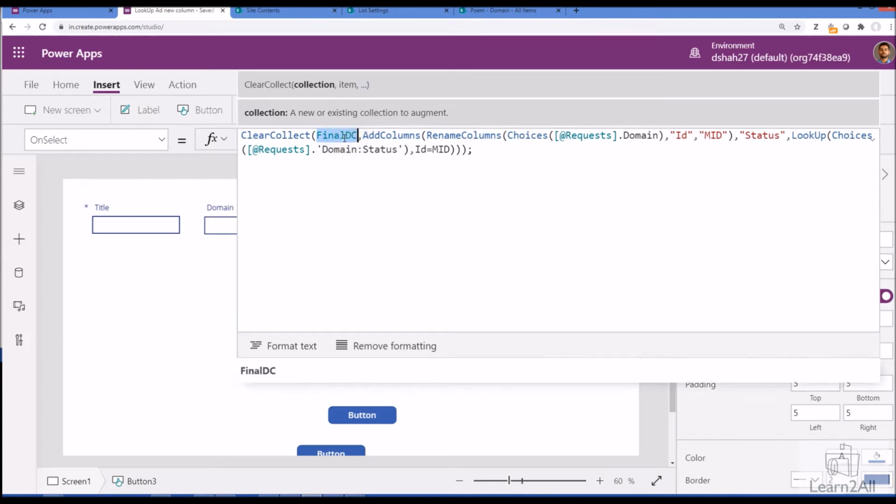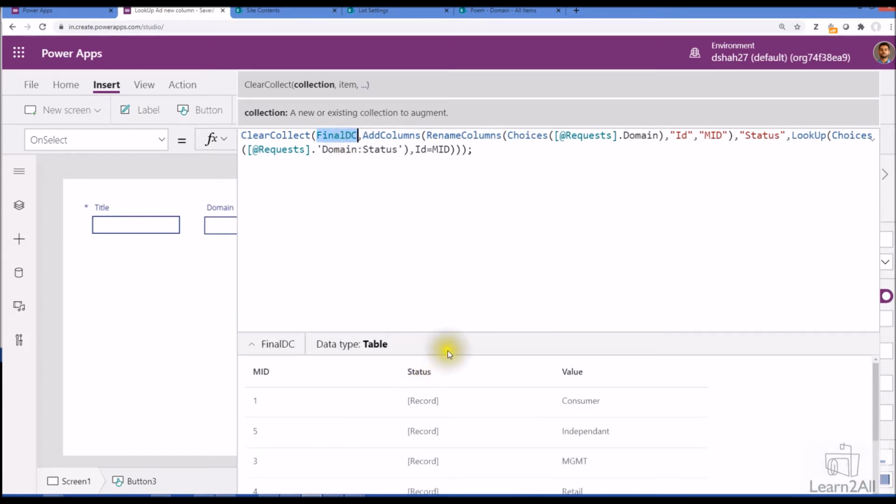So I just run the code, and here we can see that we have MID, status and value. We have the record value over here, right? But now we need to do one more thing over here. What we need to do here is we just need to keep the value from here.